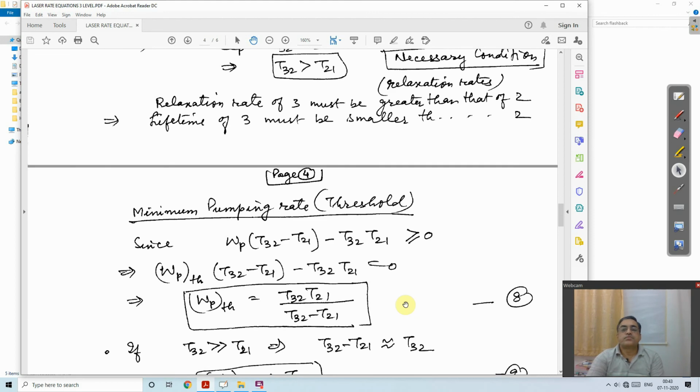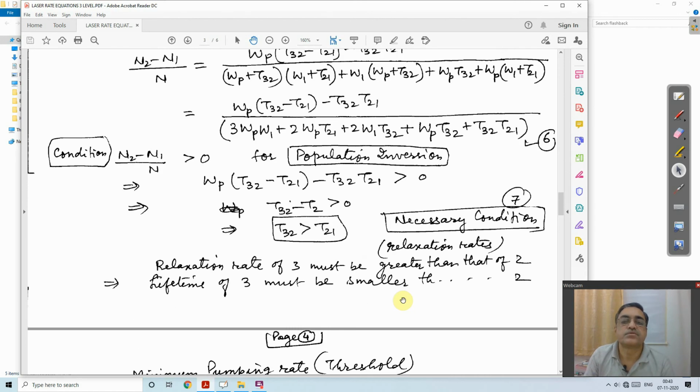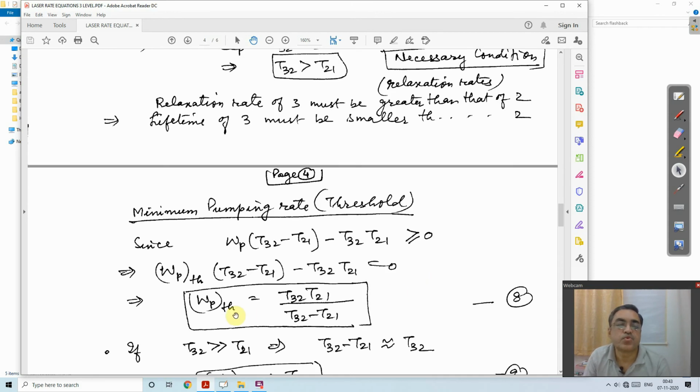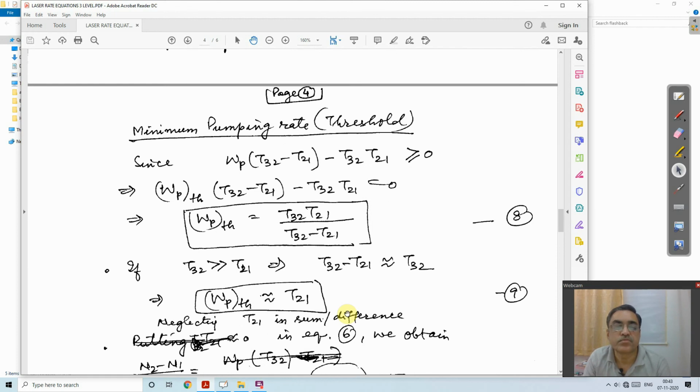To obtain the minimum threshold pump rate, we again use this equation. This must be greater than or equal to 0, at the most equal to 0. So from here we see that the threshold pump rate must be equal to T32 into T21 by T32 minus T21. Now if both are equal, then the probability becomes